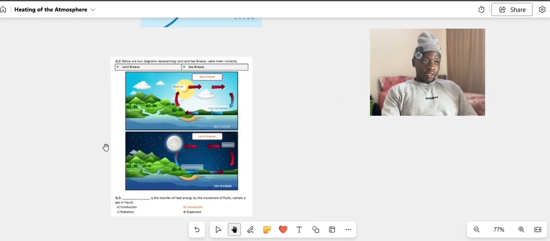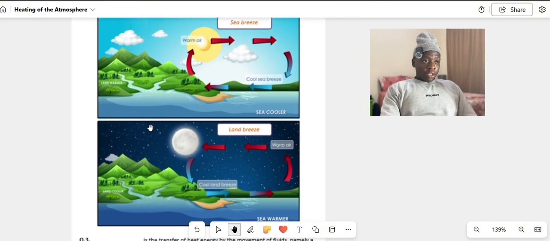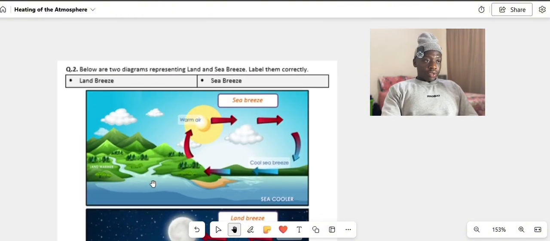I would like to show you this illustration to illustrate what I'm actually talking about. We have what we call a sea breeze and a land breeze. During the day, the earth is being warmed up, and the sea during the day is cooler. So the cool sea breeze goes on to cool the earth while it's being heated up by the sun. That is why